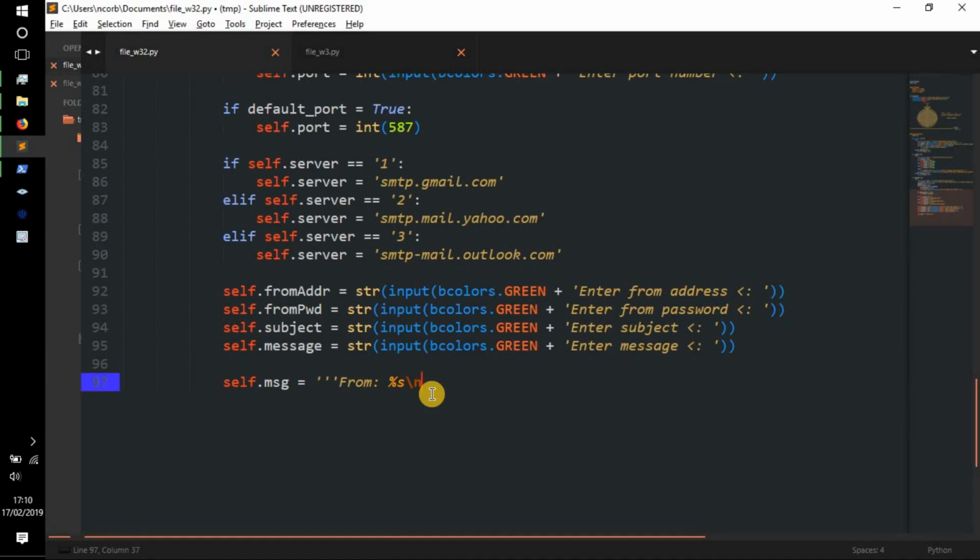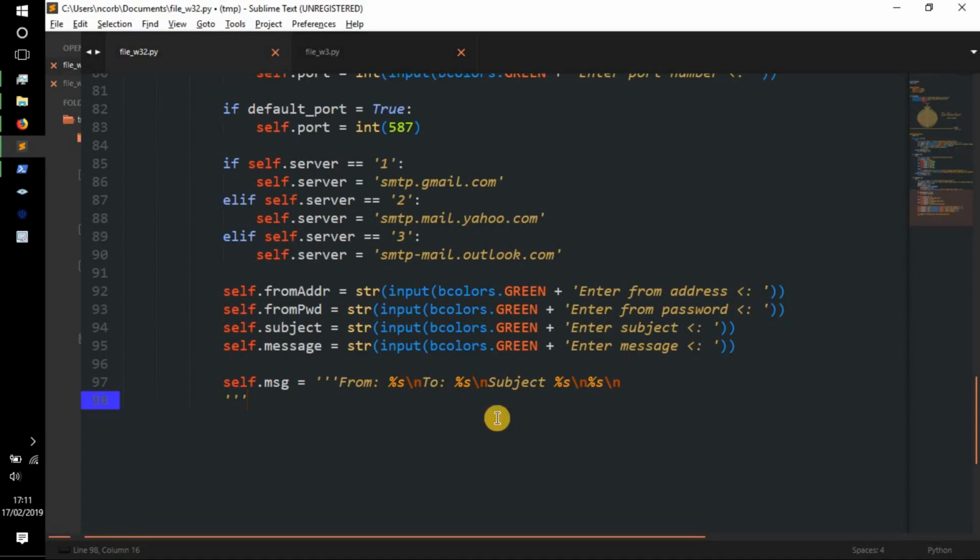That's how we're going to format this, and you've got to do it like this. From, 2 dot space, and then %s, which is going to be the value, and then a new line character. Then we can do capital T, 2 space %s\n, and then capital S, subject space %s\n. So we've got from, to, subject, and then for the message, it doesn't need anything, we just need to do %s\n, and then